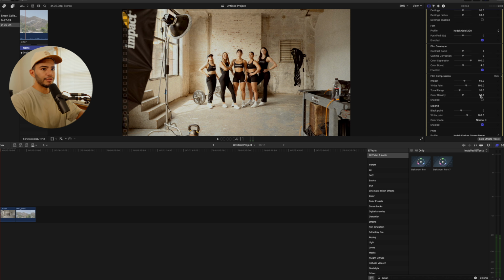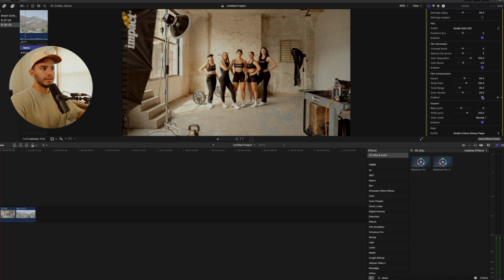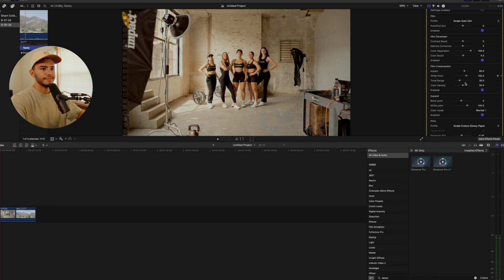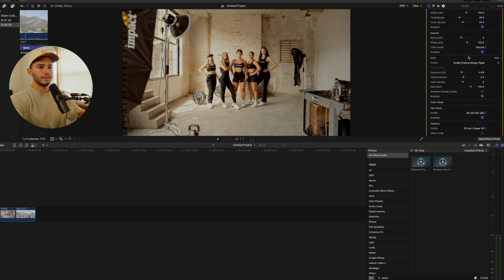And then the film compression, we're going to enable this as well. This basically controls your highlights. So did you see that right over here? Boom, in a click of a button. Super nice. So that's pretty much what I do in film compression. I don't really mess with it too much. I just enable it and that's it. Same applies to film developer. I just really mess with color boost and that's that. So from here,